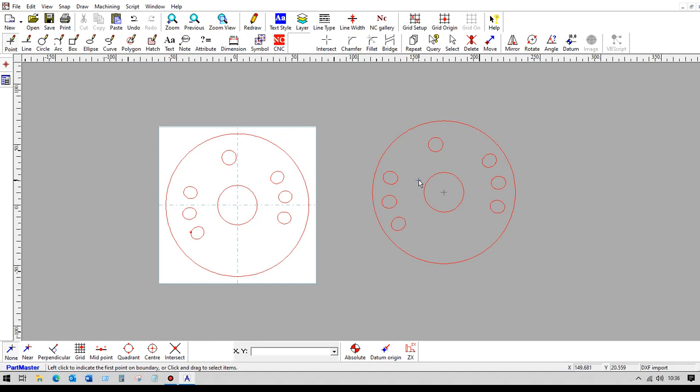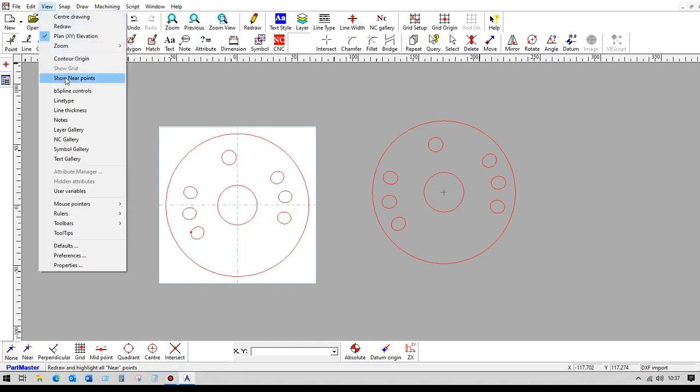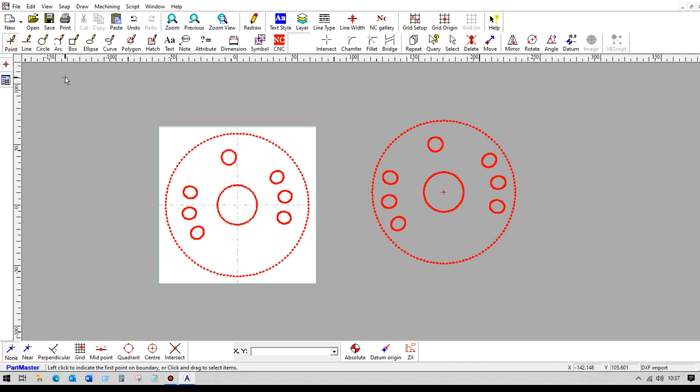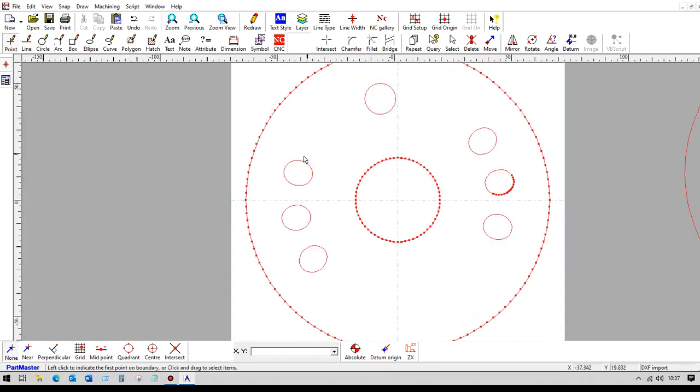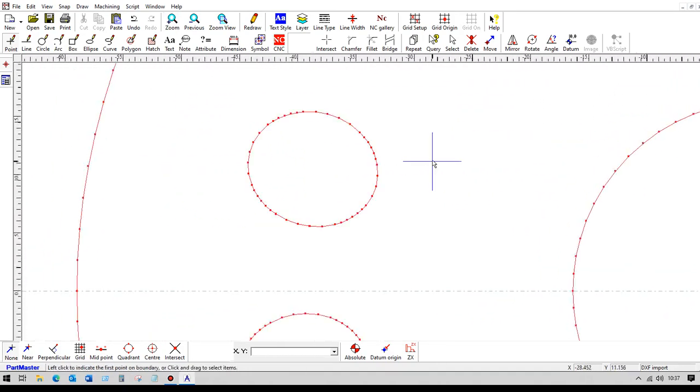So now we need to create the contours for those parts. The first thing is that when we're selecting a start point for each one of these entities here, the start point needs to be sensibly placed relative to each one of the two contours. It's difficult to see at the moment whereabouts would be a good starting point. So if we use the view function and say show near points, what this does is it shows all the individual endpoints of the elements. So if I now just pan and zoom into, say, this one here,